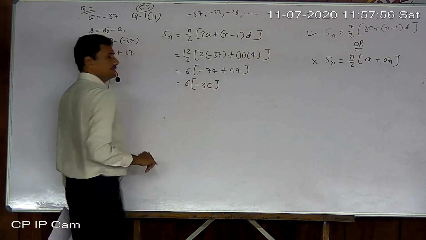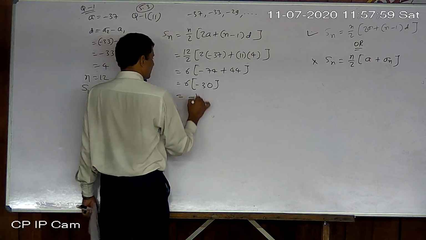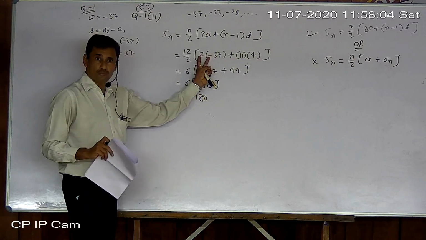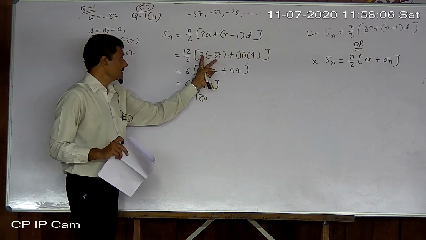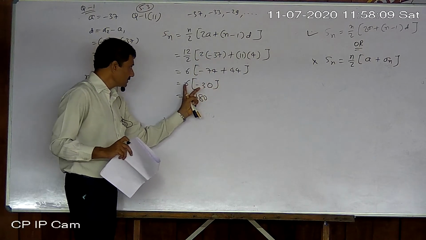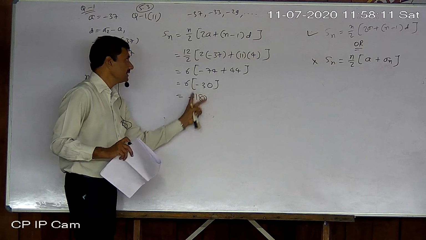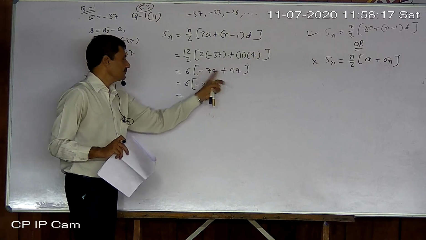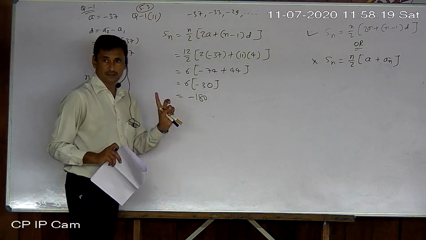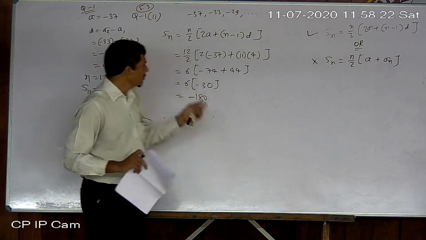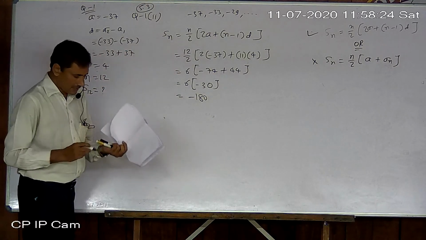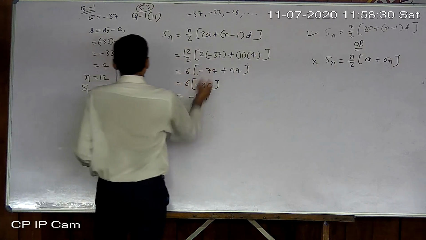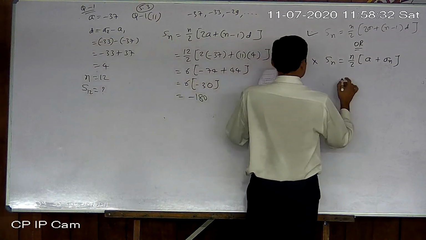Now 6 3s are 18, but plus minus minus. Keep in mind the rule: opening of a bracket is a type of multiplication, so plus minus minus here. In the same way here also 6 3s are 18, 180, plus minus minus. But look here, it is not plus minus minus. It is opposite sign subtraction, but at last apply the bigger sign. So don't mix up the rules of multiplication and division with addition and subtraction. Both are different.